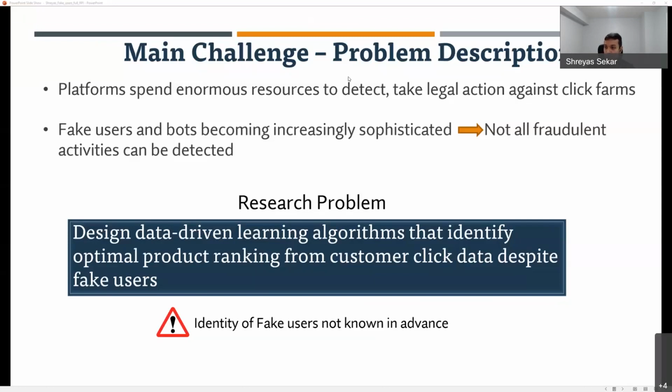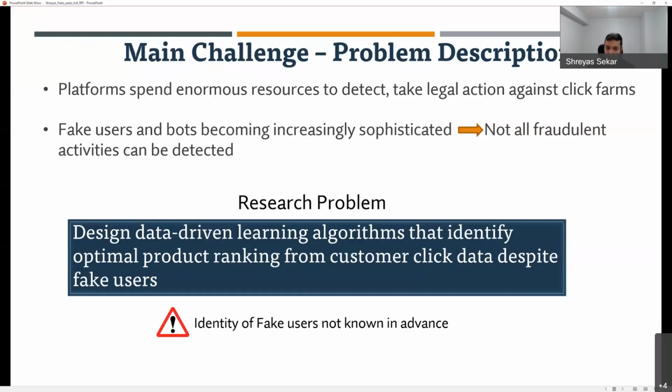Right. I think I see Noah's question. So we don't really have any incentives going on here. This is going to be an optimization problem. I'll talk about this in a second, where you're going to have some real users and some fake users. And the goal here is to come up with an algorithm that's robust. So we want to be able to converge to the optimal outcome, even if there are some users trying to trick you into converging to suboptimal outcomes. All right. Yeah. So I'll explain what fake clicks are in a couple of slides.